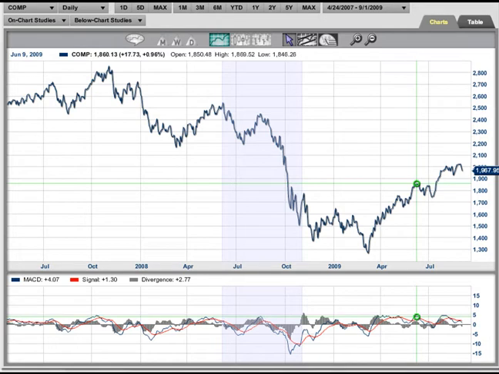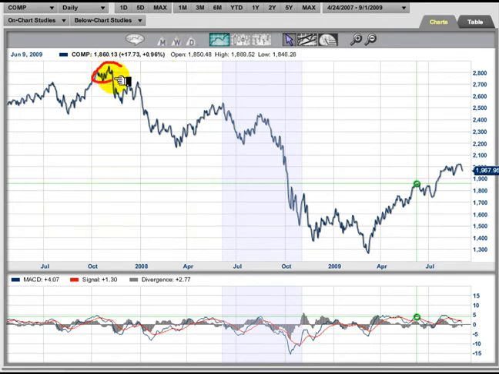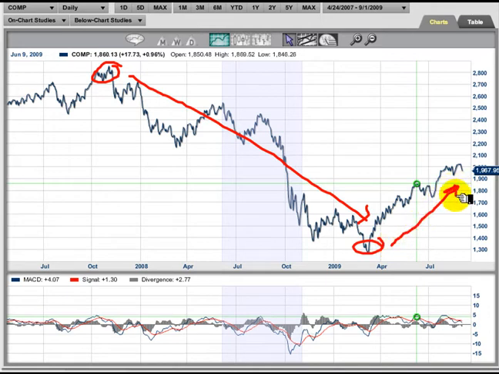The market we're looking at today is the NASDAQ. What you see on the screen is a chart of the NASDAQ, showing the recent high in 2007 and then the subsequent decline all the way to March of this year. And you've had a pretty strong move right up here in a relatively short period of time, from basically March through to the present time. So what's going to happen to this market?